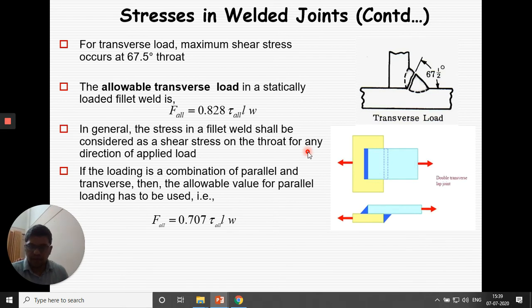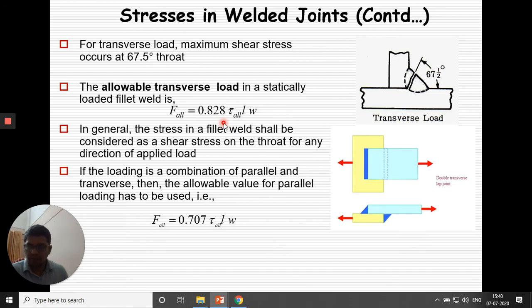Now that is the condition which we have discussed for the parallel fillet joint, where the forces are acting along the line of the weld. And suppose the forces are acting transverse to the weld direction. So we are now analyzing the transverse fillet joint. And here the welding direction is in this direction, and the force direction is just perpendicular to the welding direction. And now in this condition, if you analyze this welding, then you will see the normal stress at one surface and shear stress on the other surface.